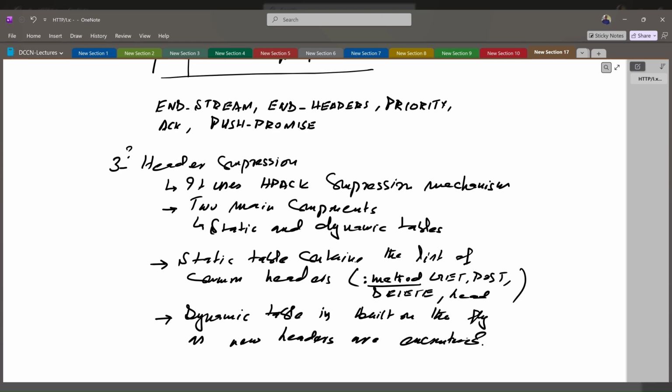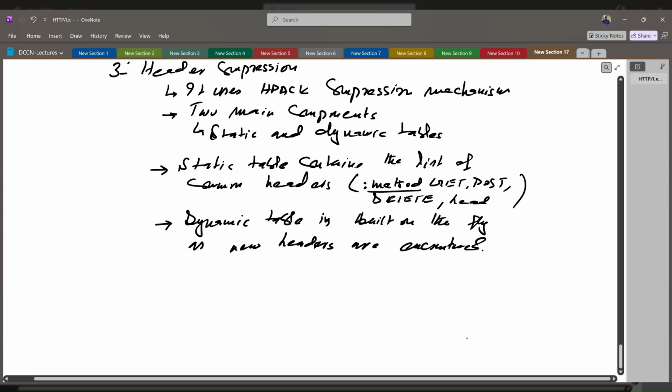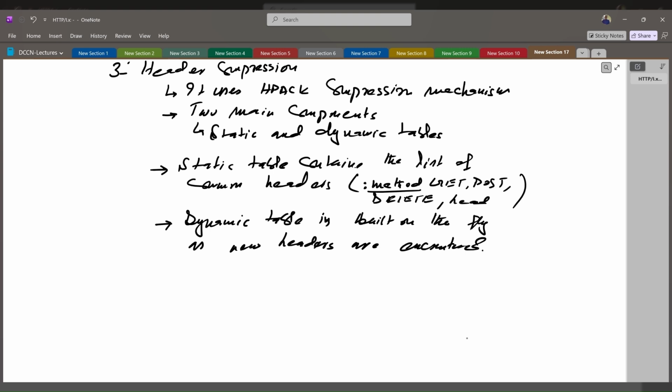So as we encounter new headers, we have to construct or build the dynamic table. This is not the only thing that we use in header compression. In header compression, we also implement differential encoding,